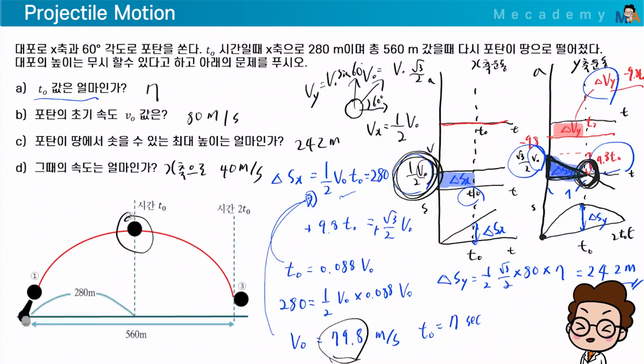Now solve it just like you analyze the 1D motion graphs, but remember to always analyze the x-axis and y-axis graphs simultaneously. Make sure to review it once. If you review it again and grasp the concepts well, you can solve all the problems easily. Let's work hard. Good job.